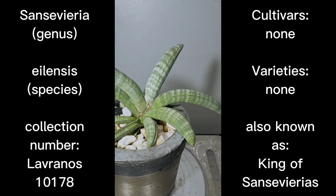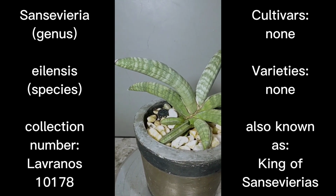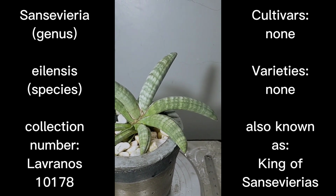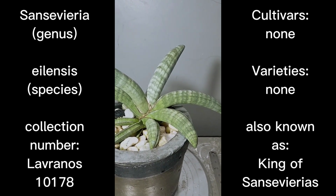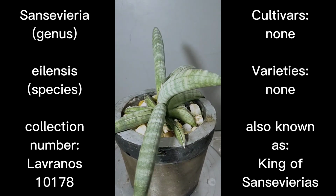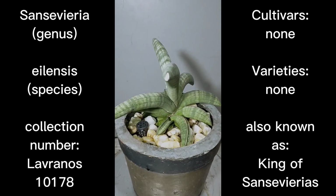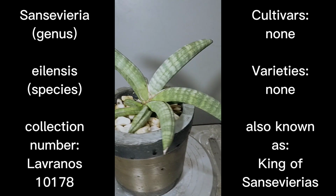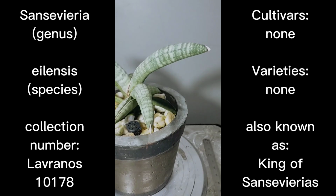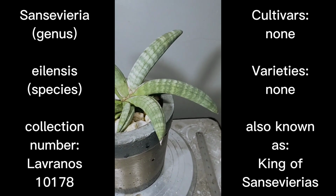For this episode, we're going to feature a species episode, the Sansevieria species known as eilensis. For everyone's info, eilensis has the alias of the King of Sansevierias. I'm not sure who exactly coined the name King of Sansevierias for eilensis, but